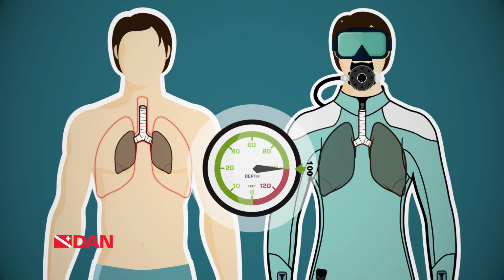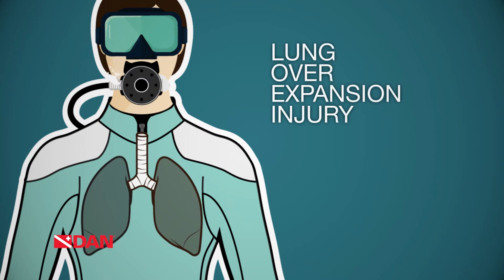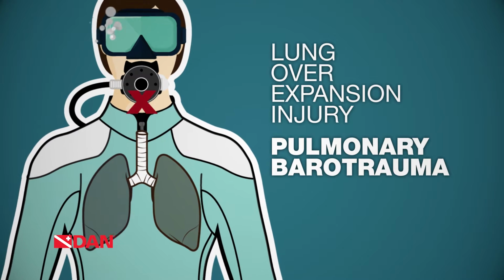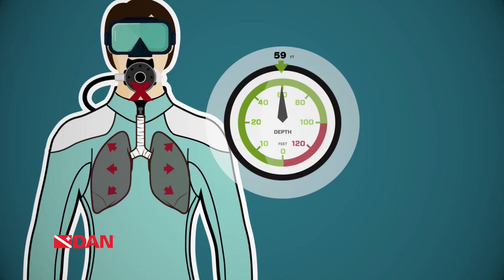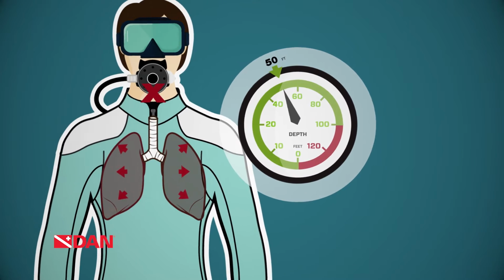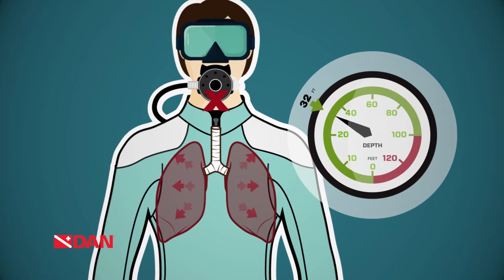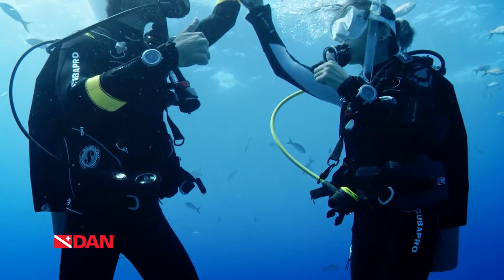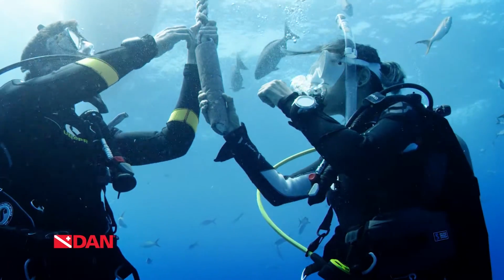Boyle's law can have another repercussion for divers, a condition called lung overexpansion injury or pulmonary barotrauma, which is caused by holding your breath during your ascent. The gas in your lungs expands due to the decreasing pressure, and if it cannot escape as exhaled gas, it will overstretch your lungs and can escape into your chest or penetrate into your bloodstream. There are many ways to safely ascend to the surface at the end of a dive, but it is always important to control your buoyancy and the speed of your ascent.